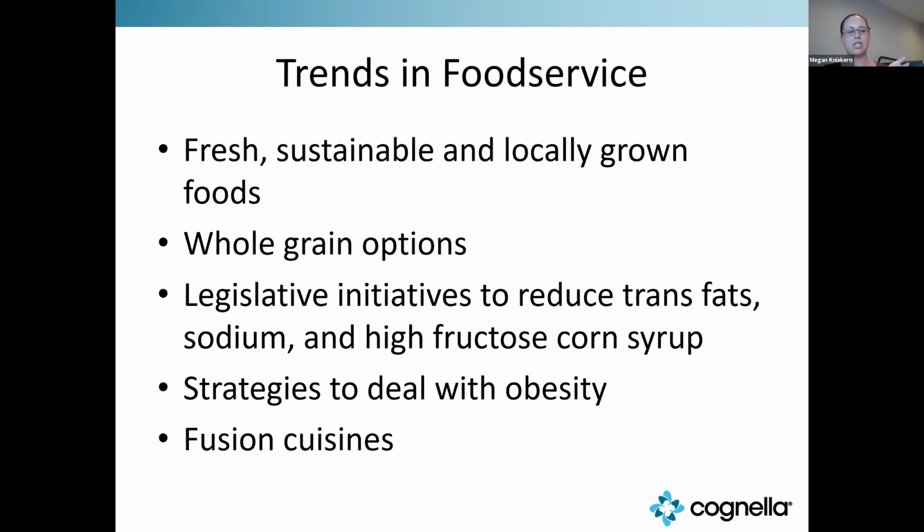It talks about strategies to deal with obesity, but we are not finding that strongly regulating and restricting people's food intakes is necessarily fixing that, as we look at the growing fad diet industry. You would think if these fad diets all worked, then we wouldn't continue to be talking about some obesity epidemic. So the idea behind how we view what's going on, in particular with trends in food service, is very important, especially as dietitians, in that trends that happen on an individual basis eventually make their way into food service,